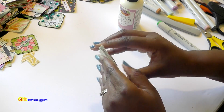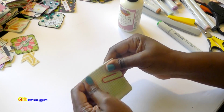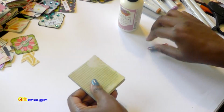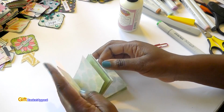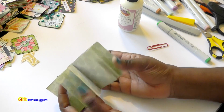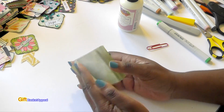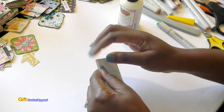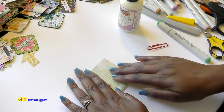And I'm just going to stick that together. Just take that clip off so I can really press that in. And I am loving that. So now you've got your book form. So now basically all you have to do is decorate it. So I'm going to show you now what I do to decorate it. I'm going to start with